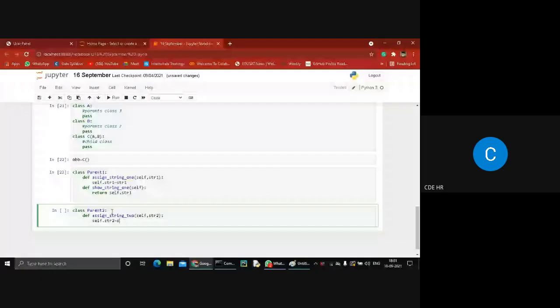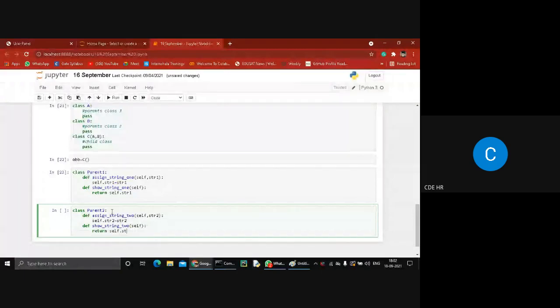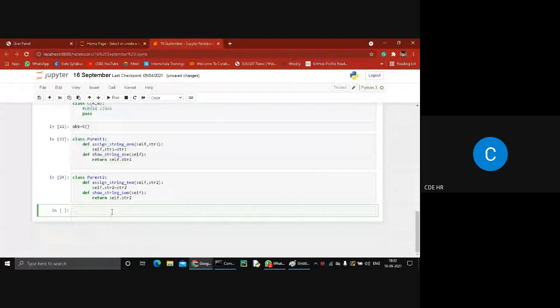Now I'm creating another function, def show string 2, which returns self.str2. Now my second class is ready.